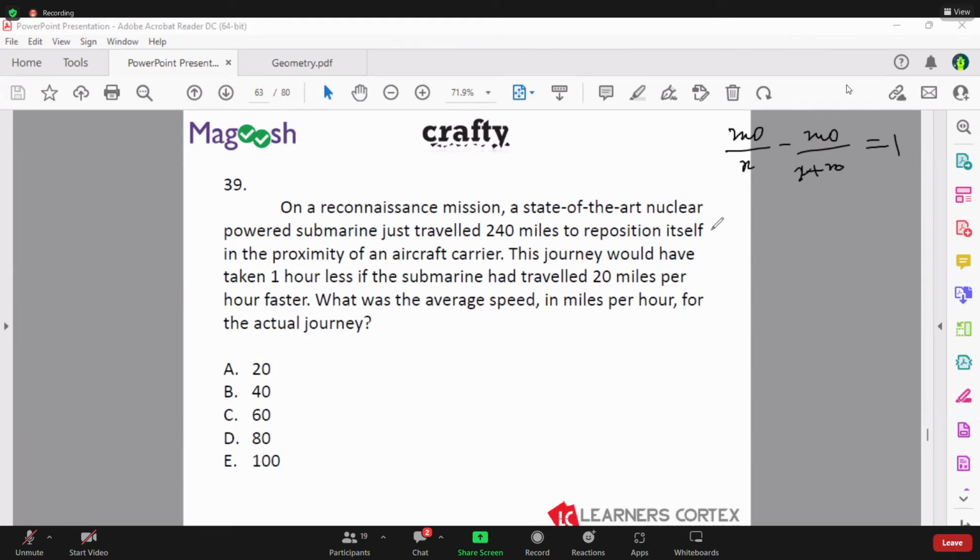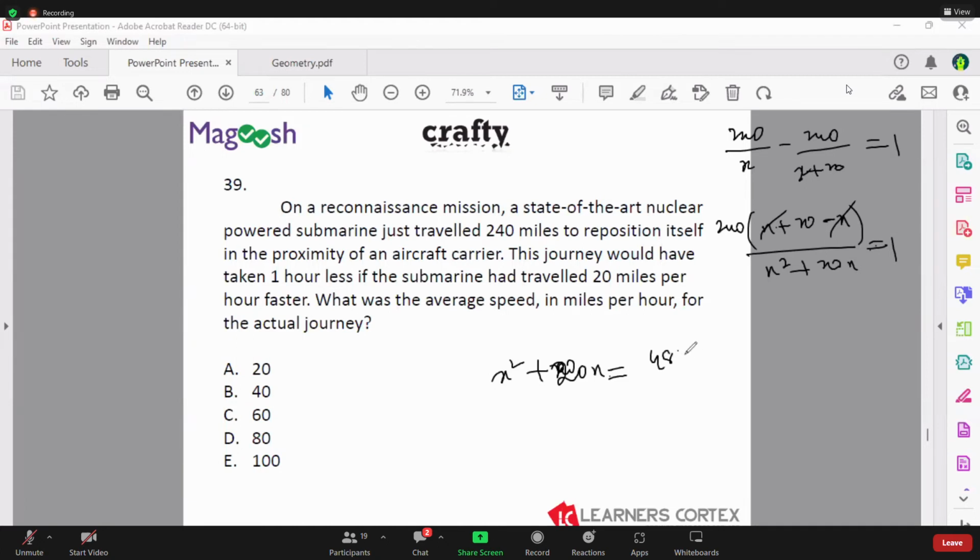So here what we'll do is we'll take out 240 as common, it becomes (x + 20 - x) over (x square + 20x). This is basically taking the LCM. X and x gets cancelled here. It becomes x square plus 20x equals to